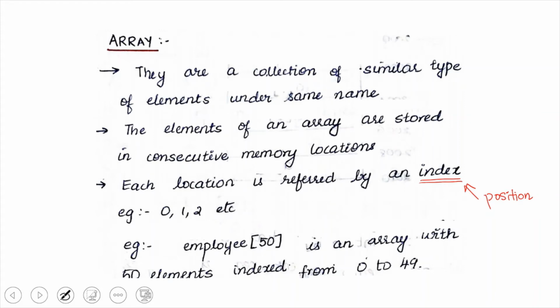In this video, we will be studying about one-dimensional array. An array is a collection of similar type of elements which has the same name. For example, we can have an array called A, and I am declaring its type to be int. So this array has got 20 elements.